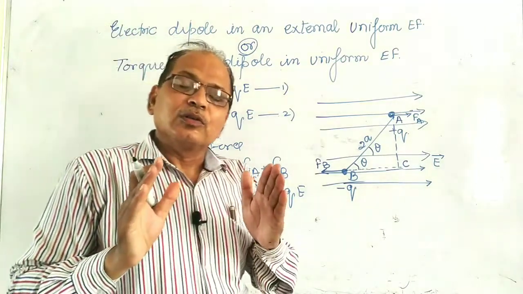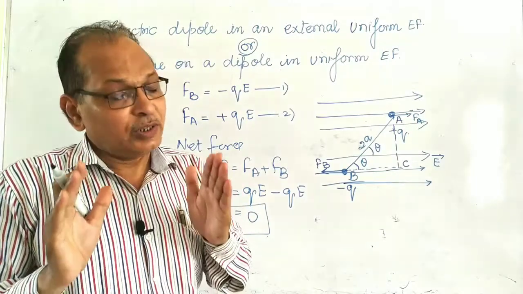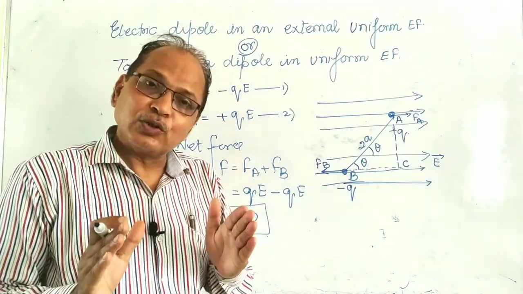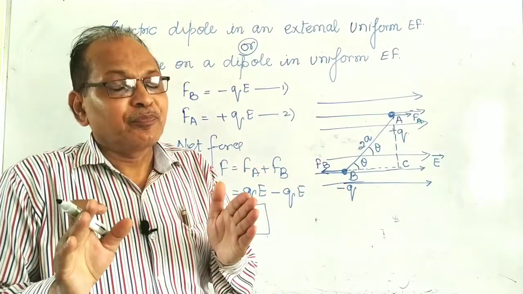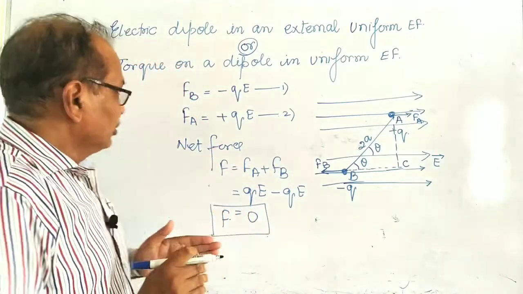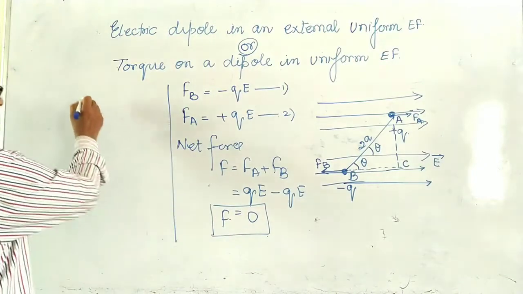That is, the electric dipole will not experience any net force. First line. Second thing, if it does not experience any force and the points where the forces are acting are also not the same, it means torque will be experienced. Therefore, the torque experienced can be written as